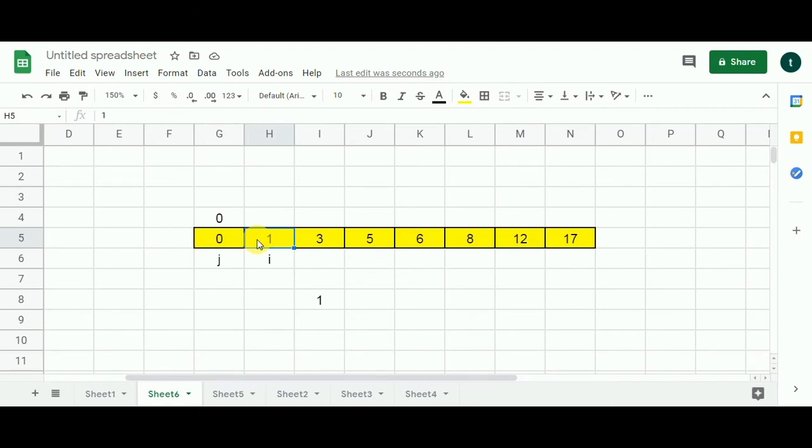So that is within the reach of the frog now. It is clear that it is within the reach of the frog. That means the frog can proceed now. I am going to store 1 over here as the last jump. Now we'll move to the second sub problem. So I will move 1 cell to the right.